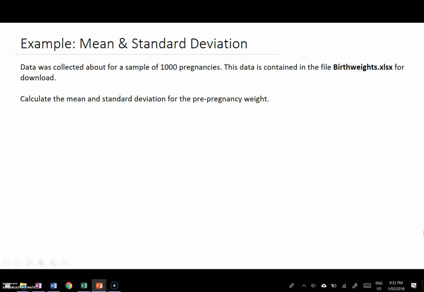So in this video we're going to go through an example calculation for the mean and the standard deviation using Excel. So the data we're using is the one for a sample set of 1,000 pregnancies, and you can download that file here. And what we're asked to do is calculate both the mean and standard deviation, and we're specifically looking at the pre-pregnancy weight